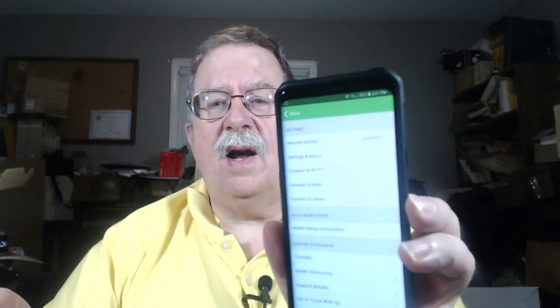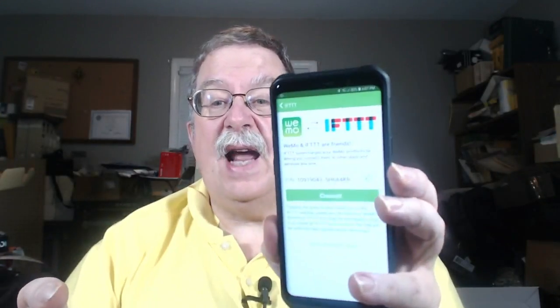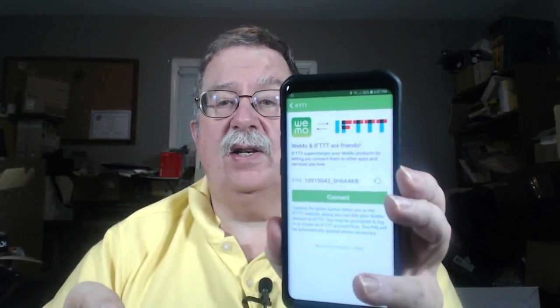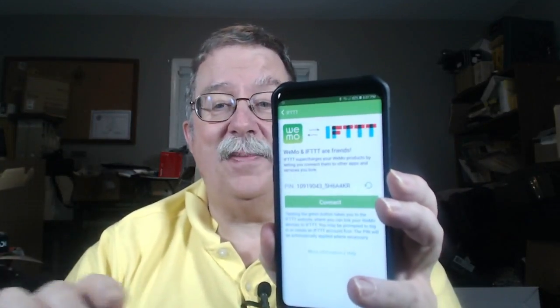And then I went into the little gear icon and went to connect IFTTT, and I redid the connection. So I think somewhere in the process something got scrambled a little bit, and that seemed to take care of it, because once I did that, things started working significantly better. So let's go back to Cortana,